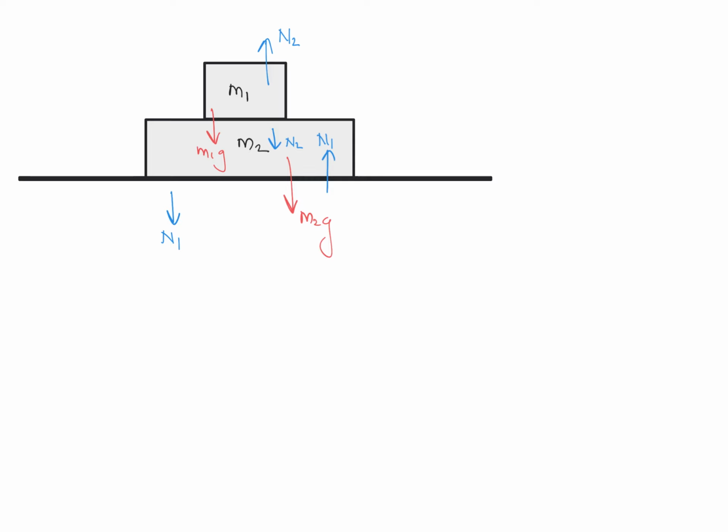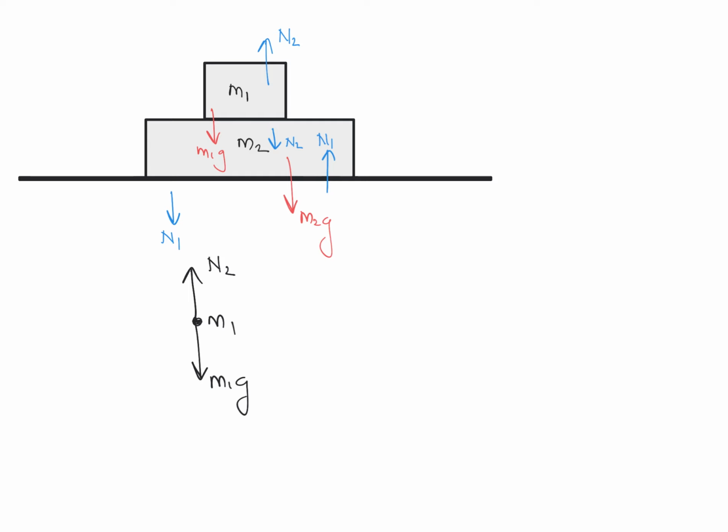Now if you want to draw the free body diagram for m1, we'll consider m1 as a point mass. Then we'll observe the forces acting on m1. One force is exerted by gravity, m1g, acting in the downward direction, and the other force, exerted by m2 on m1, is the normal reaction n2. Here we'll not draw the force n2 in the downward direction, because that is exerted by the object, not a force acting on the object.